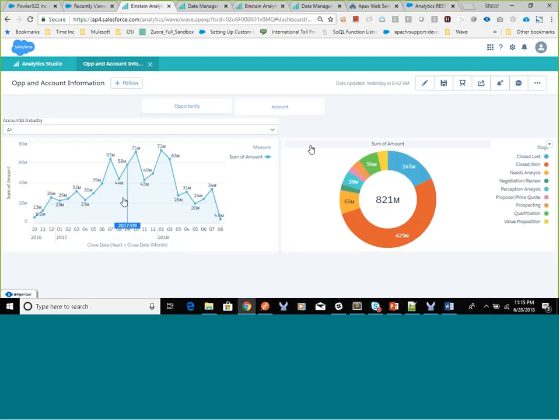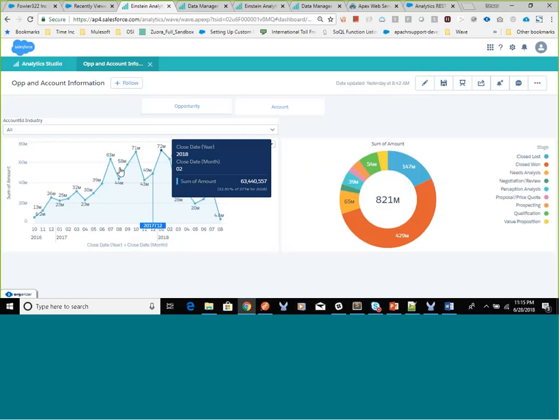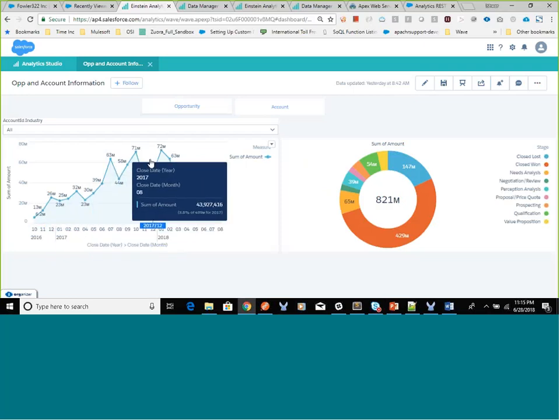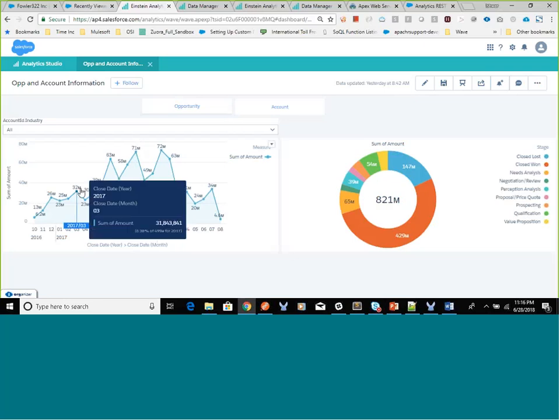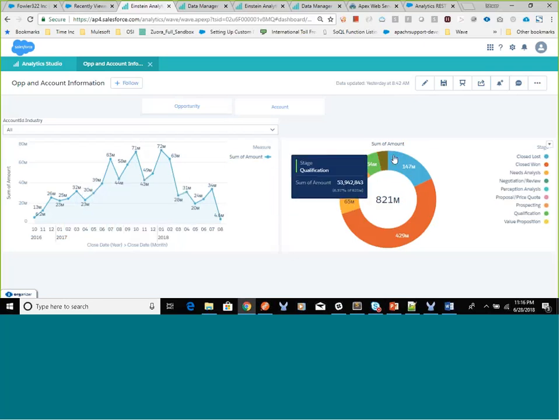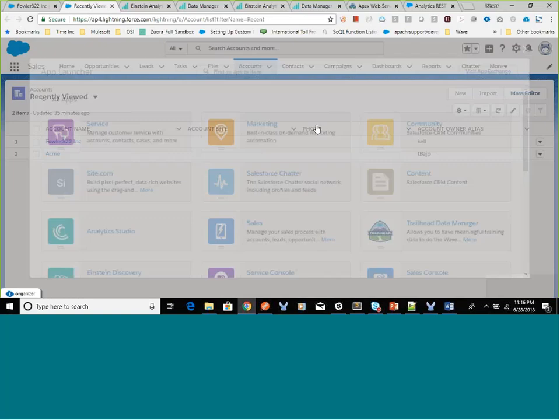Okay, so you could see what is common over here. We have account. We are looking at all these opportunities, right? We are looking at the amount on opportunities. So if I want to see the opportunity information under my account standard page, how would I do that? So for that, what I can do,